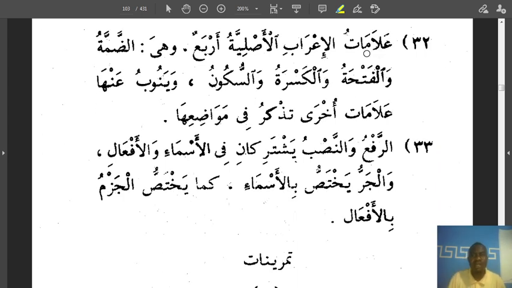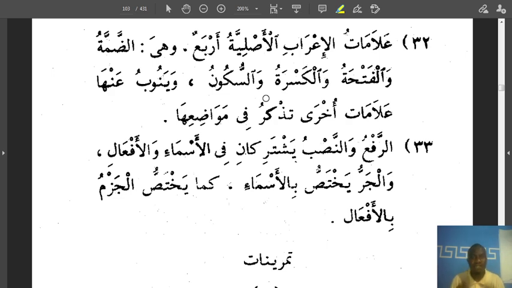The second قاعدة, he says علامات الإعراب الأصلية 4. We have علامات الإعراب الأصلية, the basic signs, the basic markers of grammatical analysis or declension, and then we have the secondary, which is علامات الإعراب الفرعية. Those are not Fatha, Kesra, Dhamma. They are not these diacritics. Those will have to do with Fatha, Alif, Waw, Ya. You now have to be dealing with letters instead of the diacritics.